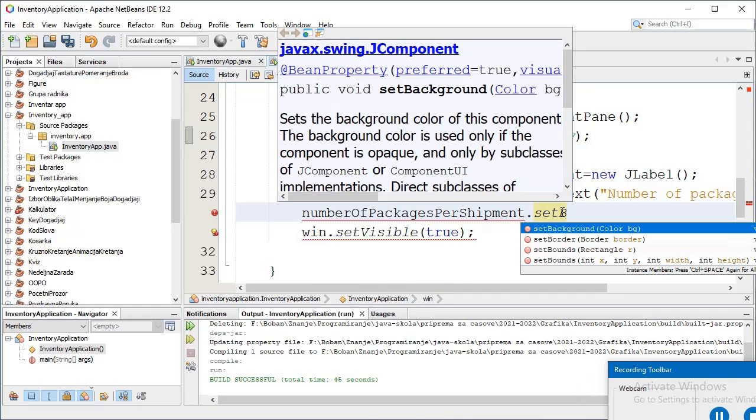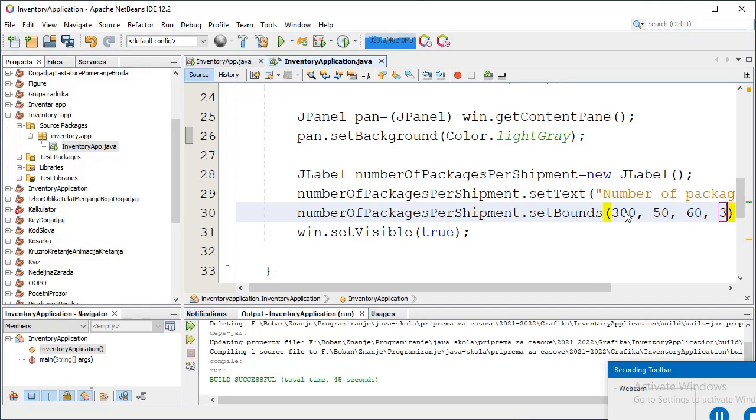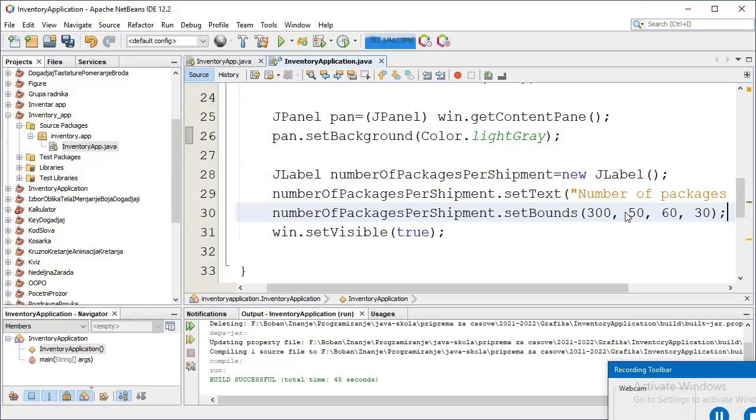The bounds is a rectangle and our JLabel object is inserted into that area. I use coordinates to set the position on the panel object. I set x to be 300, y 50 pixels, width 60 and 30 is the height of that rectangle.